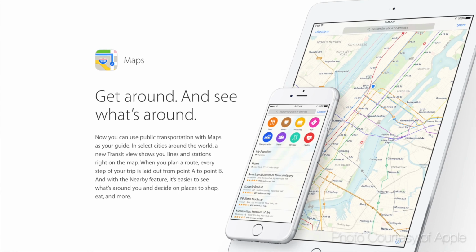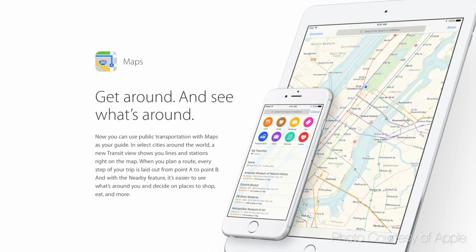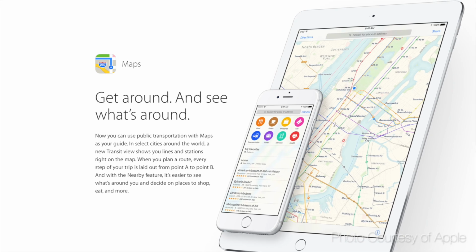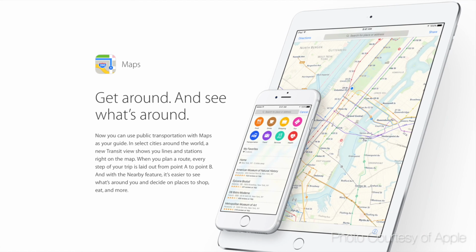So you can actually tap on those, and it's going to show you those locations that are nearby. So if you tap on food, it'll show you nearby food. If you tap on drinks, of course, it'll show you a place to get drinks nearby. So that's a really nice feature, because I know that I'm always hitting Siri and I say food nearby or pizza place nearby, and it usually does a terrible job. So hopefully they've actually updated that as well, and it does a much better job in terms of finding nearby